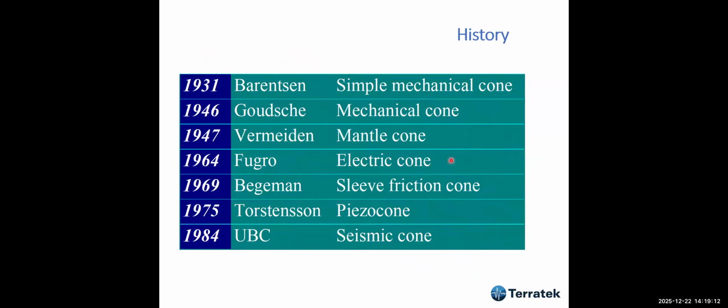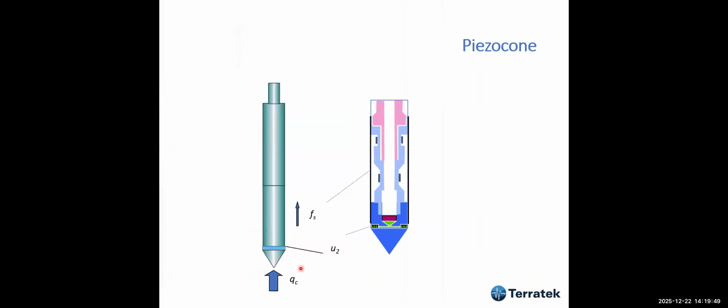In terms of history, the first one to carry out a simple mechanical cone was Barentsen, and then many other people started doing that. Hollandsche Constructiewerkplaats invented the Dutch cone, using the mechanical cone, after the Second World War, and then there were lots of developments. But really, I think it came to the press after 1975. Until then, not very much.